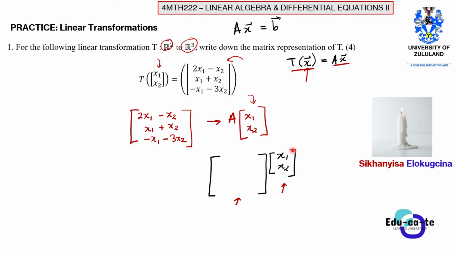In this case, we know that the second matrix must be the vector x1, x2. It must be this vector x, right? And this vector has two rows in total. It's 2 rows and 1 column, right? So the number of rows of this matrix is 2, which means it must correspond to the number of columns in the matrix A.